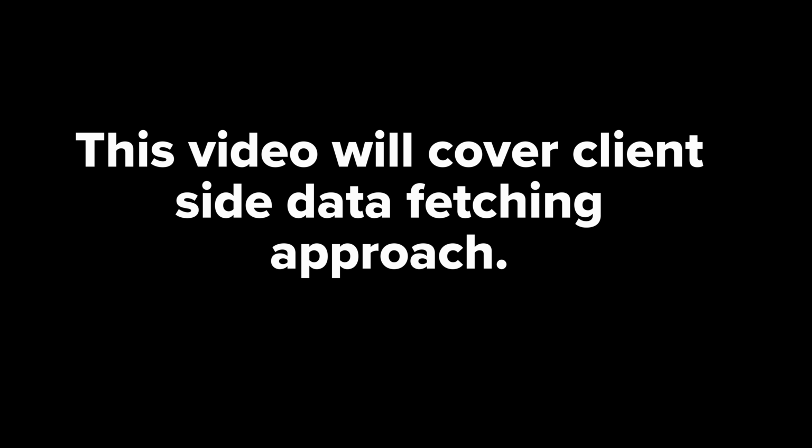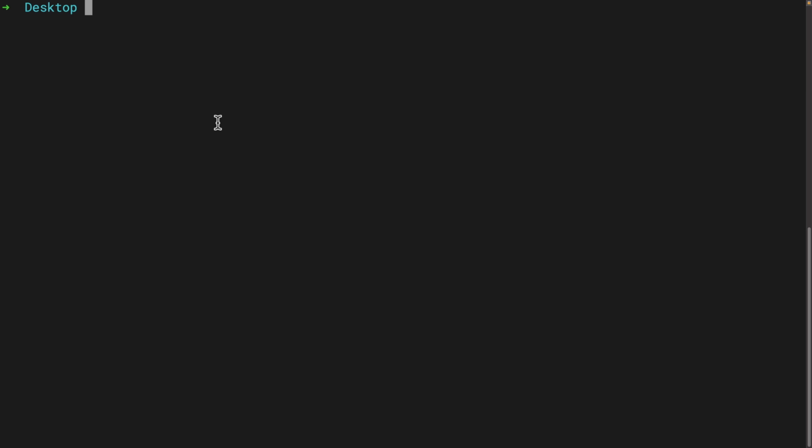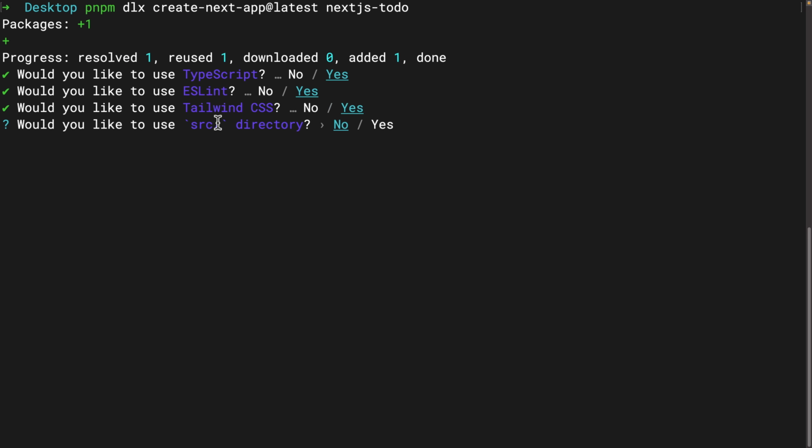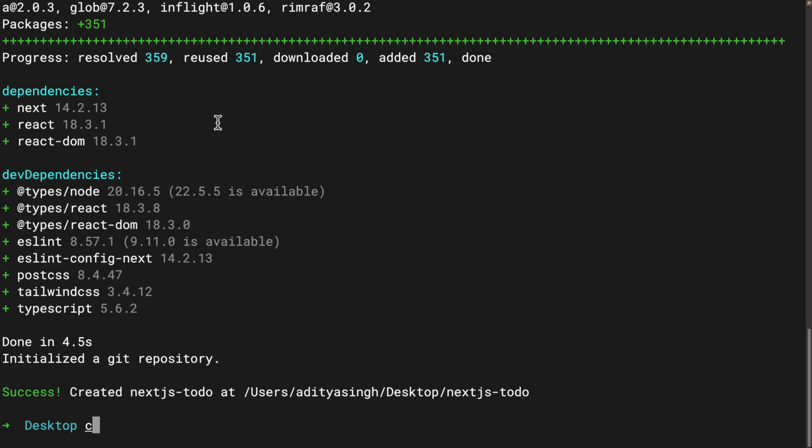All right, let's create a new Next.js project. I'm going to be using pnpm as a package manager. If you're using npm, I will tell you all of the alternative commands so you can follow along. So in order to create a Next.js 14 project, I'm going to execute this command: pnpm dlx create-next-app, and then I'm going to specify the name of the project. So let's call this nextjs-todo. If you are using npm as a package manager, make sure you do npx in place of pnpm dlx like this. I will choose all of the default options,